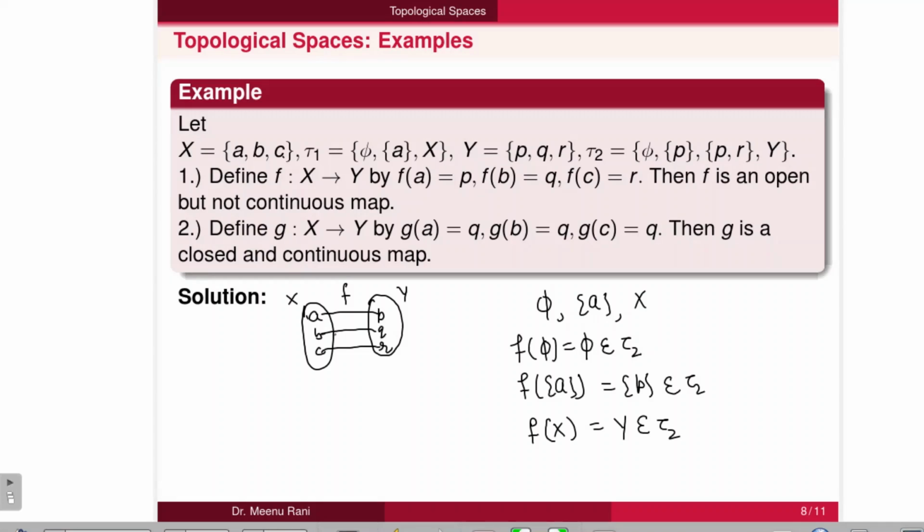So if we take any open set in X, its image is also open in Y. So F is an open map here.